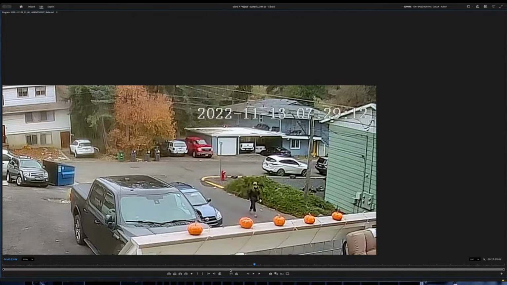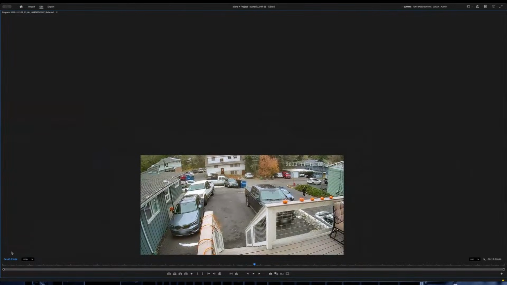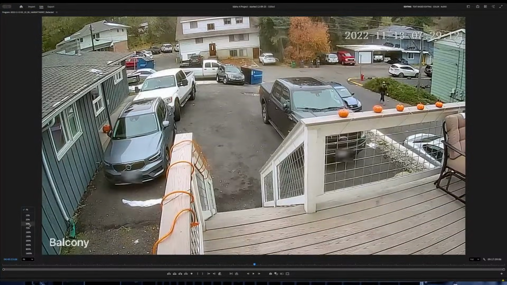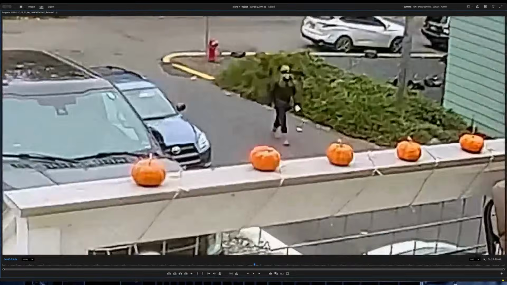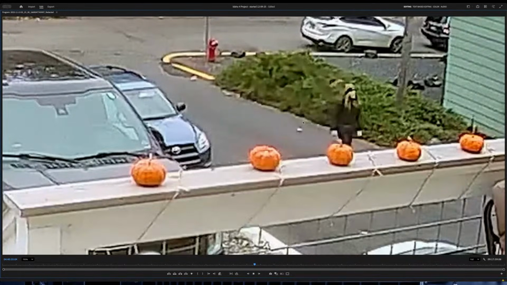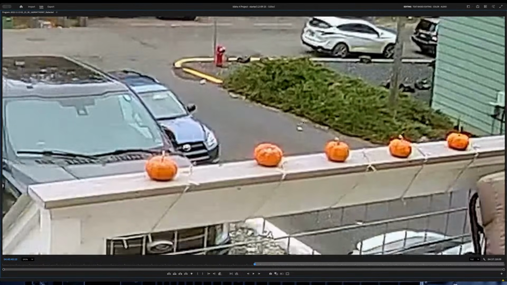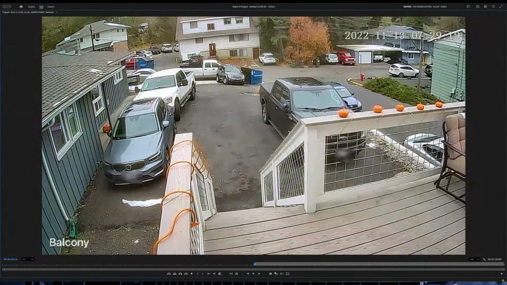Or I can use these sliders, I bet. Let's go back to fit. All right, anyway, let's go back to